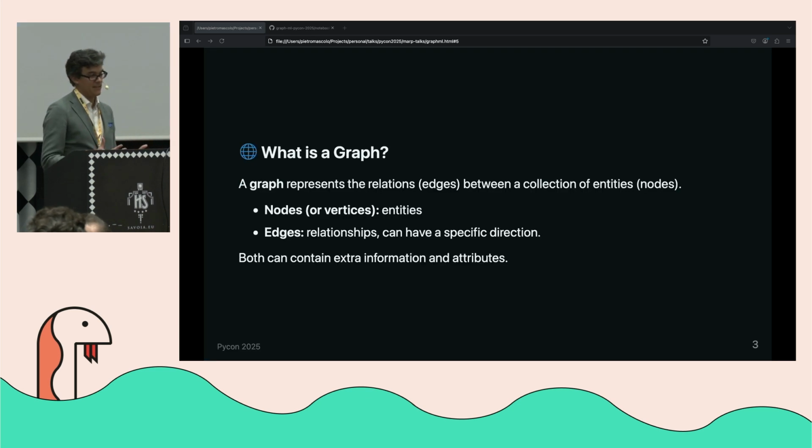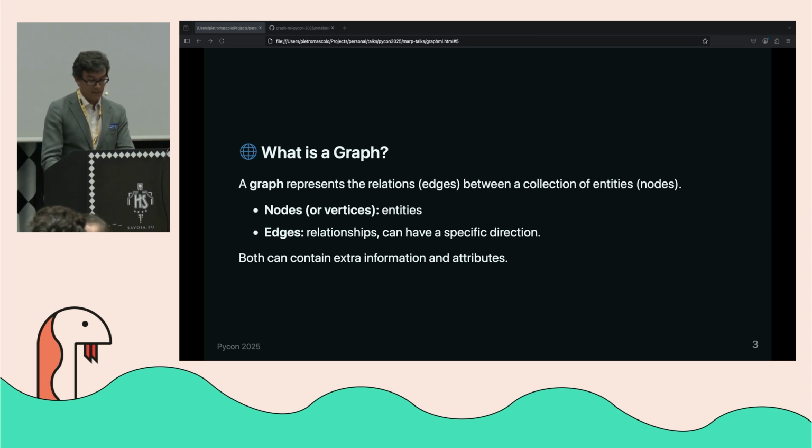But graphs, in a very high-level description, are essentially a way to describe relations between entities and a collection of entities. The relations are called edges or links, and the entities are called nodes. And these can be many things. We'll be mostly looking at homogeneous graphs, in which you have nodes and connections that are of the same type, but you can also work with more complex heterogeneous graphs that have many different types of nodes and edges interacting with each other.